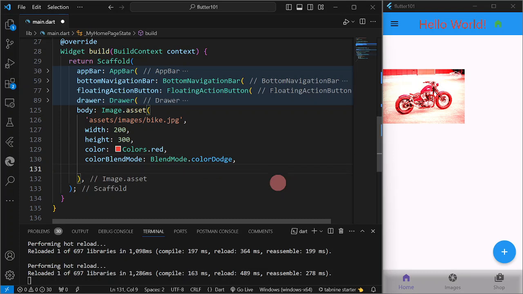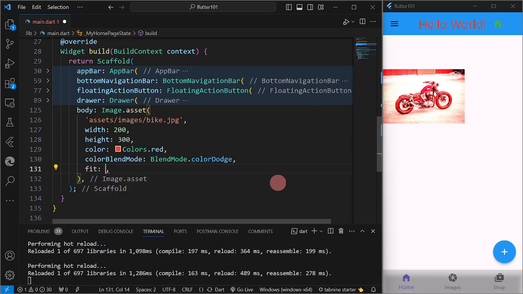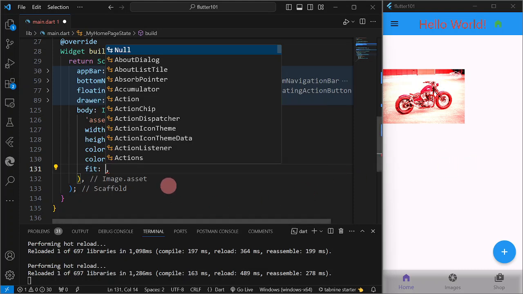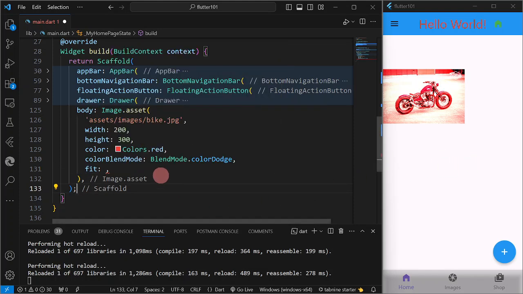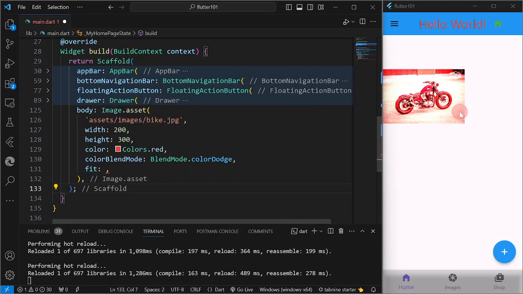Next one here is the fit property. This is another important property, the fit property. So what is a fit property? Fit is how to inscribe the image into the space allocated during layout. So what I'm going to do now, so that you could see the difference with the different values of fit,